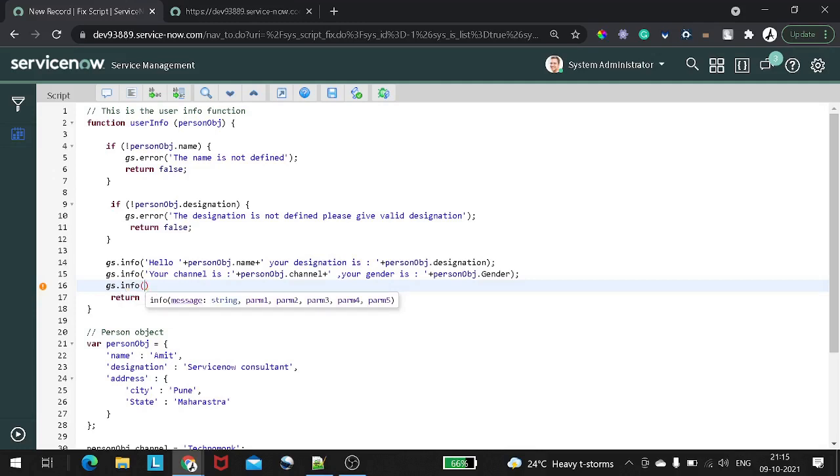So I can give your city in which you live is, and I can give person object dot